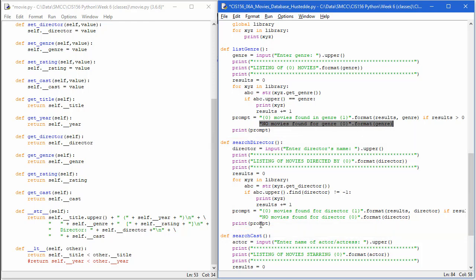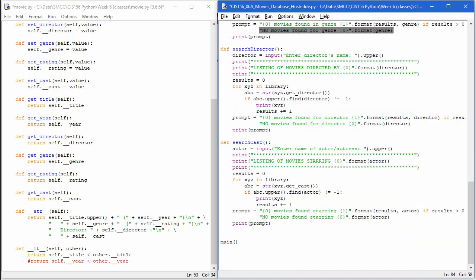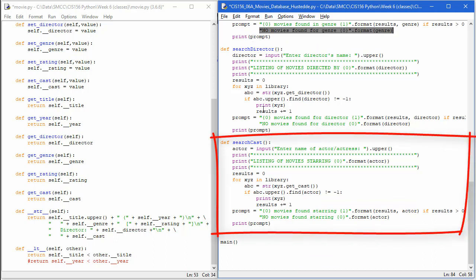The search cast, which is the next one in our menu, item D, works the exact same way. Basically, I just copied and pasted search director to search cast, changed the name of the method, changed enter director's name to enter name of actor/actress, put it into an actor variable rather than a director variable, created my header to show the name of the actor, and then again in a for loop, I'm getting cast this time, casting it to ABC, and then